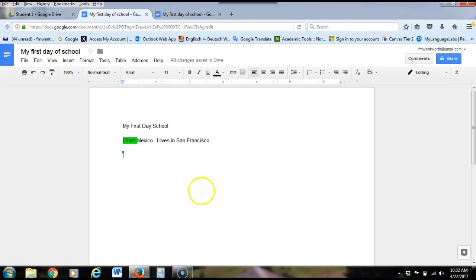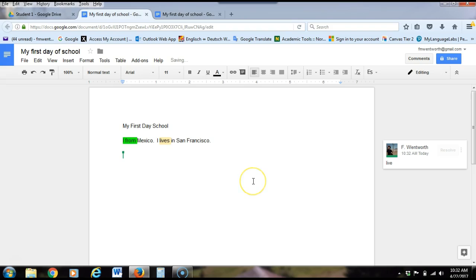If you don't want to do it within the document, you have another option, which is using the comments. So up here I have comments. I'm going to click on here, and you get these choices, notifications and comment. Notice that it's not highlighted, and the reason is before I can make a comment, I need to just click on the actual word where the mistake is. So now I'm going to go comments, and now you can see that it's active. And then I'm going to go comment, and then I can put the correction or put a comment, look at the verb, and this is first person, something like that, whatever you'd like to put, and then